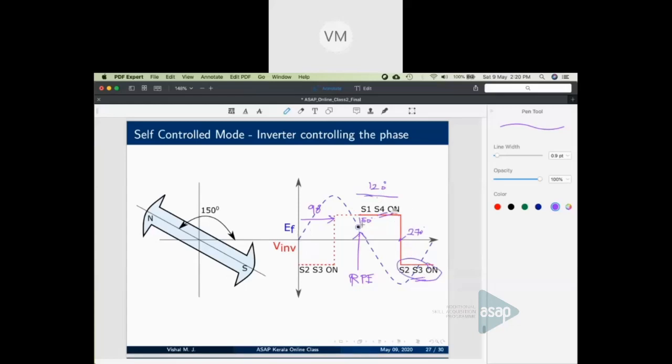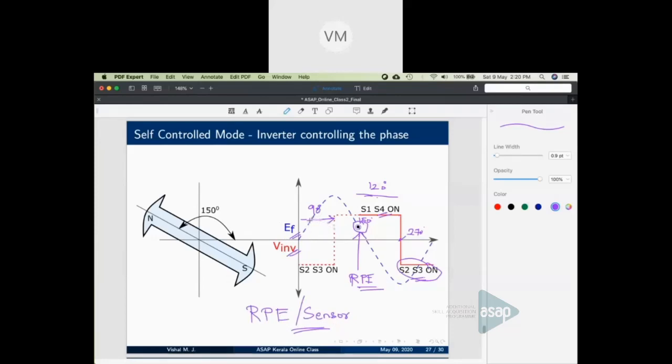So just by having a rotor position encoder, you can construct your EF, you get your reference. With respect to your reference, you can synthesize your voltage at 90 degree from the reference voltage. So the problem of getting a reference is solved by using a rotor position encoder or a sensor. Without a sensor, a self-controlled mode of operation will not work. You need to have the knowledge of your EF, then only you can fabricate your voltage waveform.